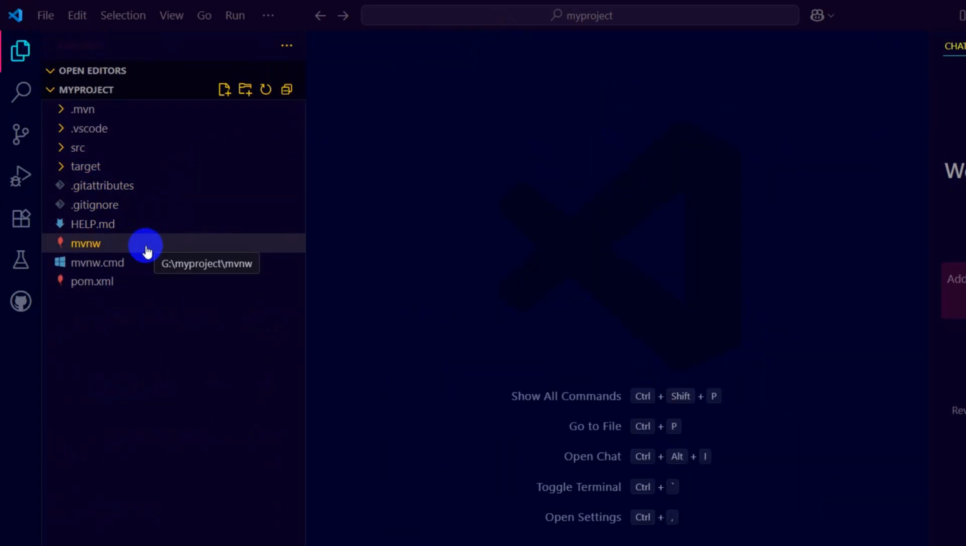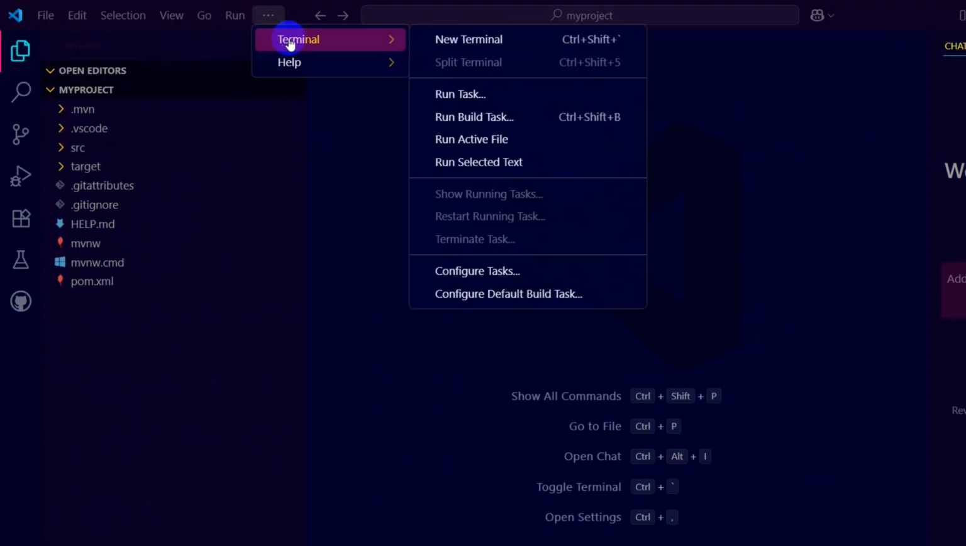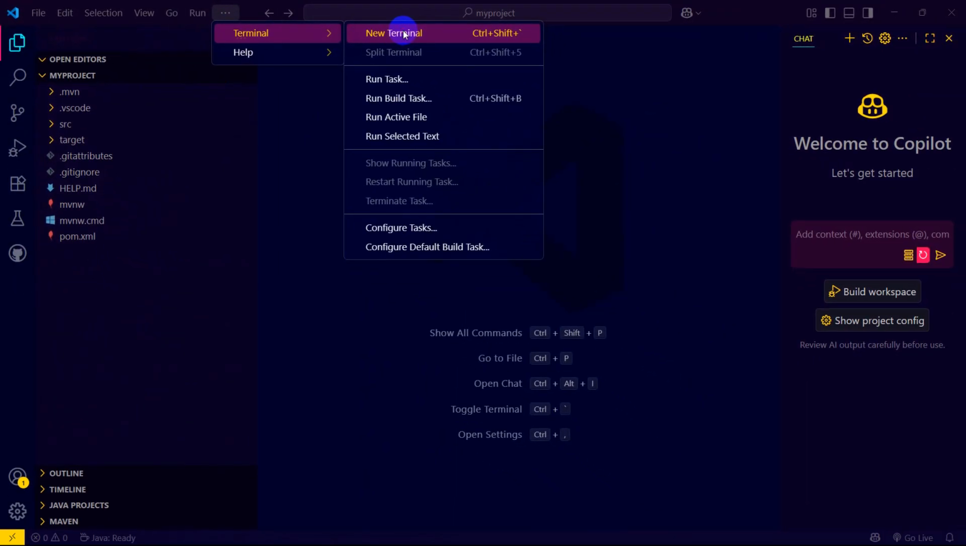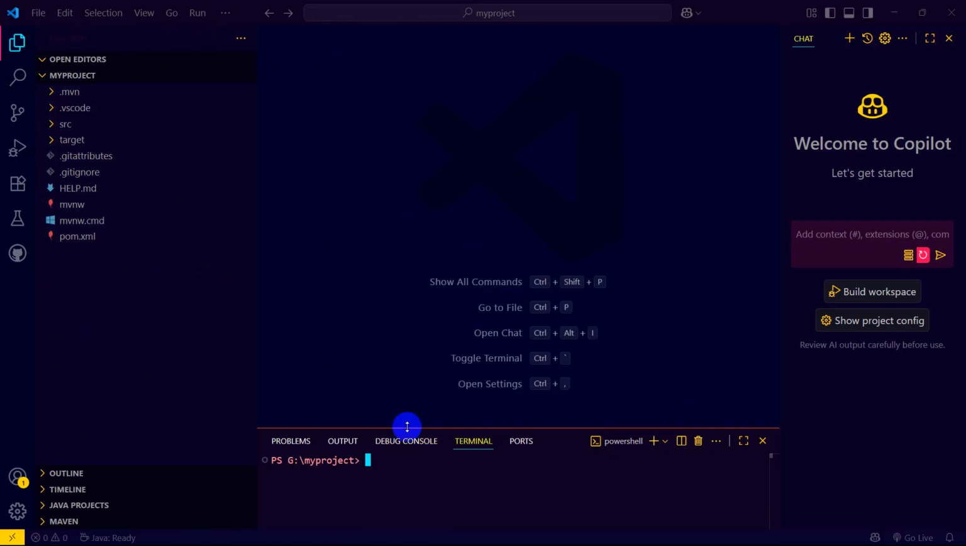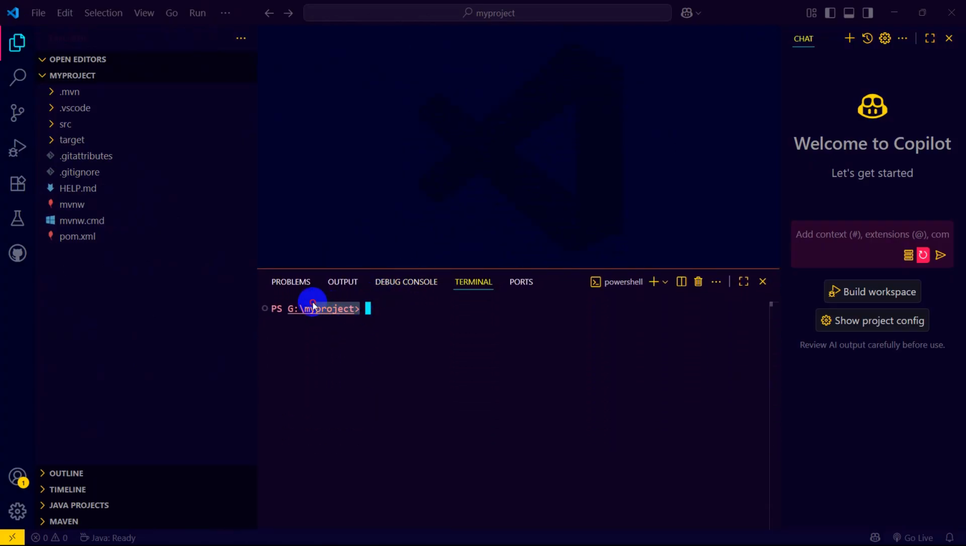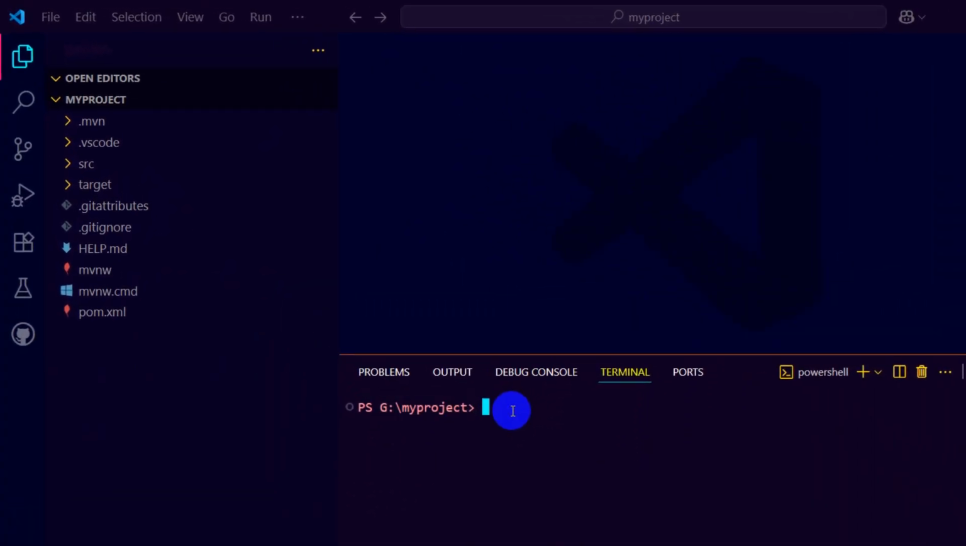How can we run our project? In order to run the project, here you will see this three dot icon. Just click here. Here you can see Terminal. Then click on New Terminal. It will open a terminal like this in the project directory. Here we need to write a command. We need to give a dot, then backslash, then mvnw,